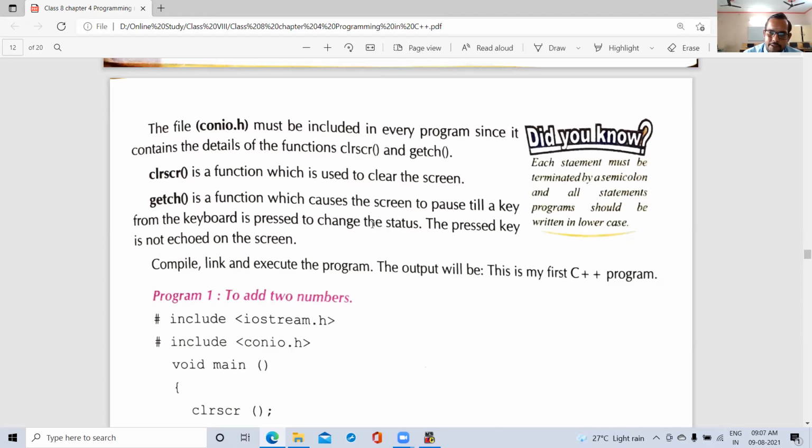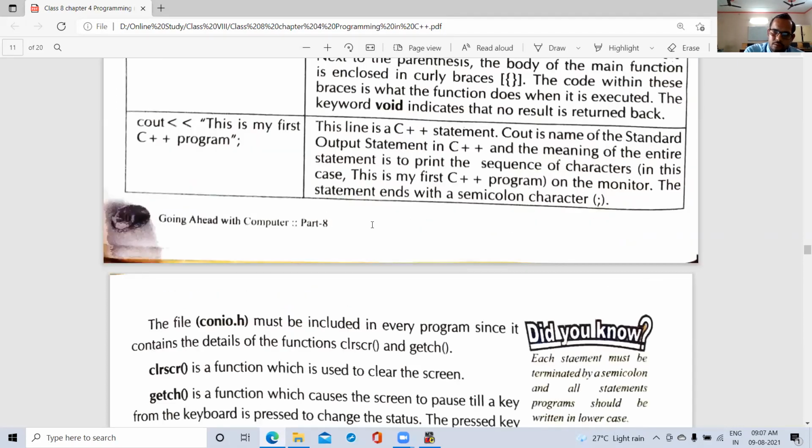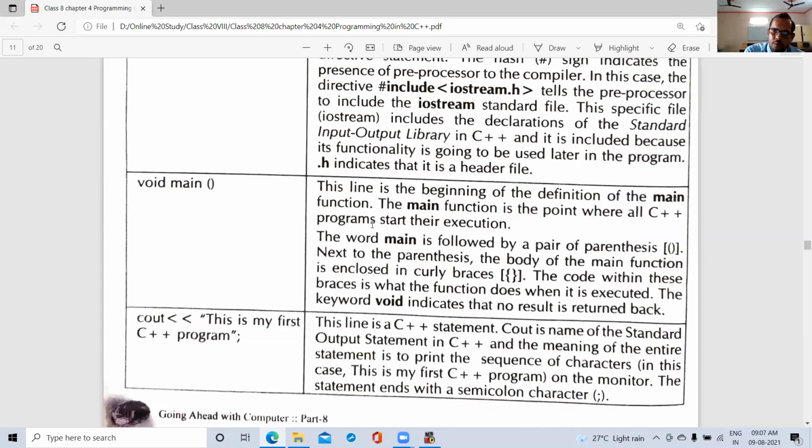ठीक है? The pressed key is not echoed on the screen. Echoed means it is not visible to you on the screen which key you have pressed. मतलब आप जो भी की से बाहर आओगे, ठीक है, तो ये नहीं बताएगा कि आप कौन सी वाली की से बाहर आए हो, उस की का नाम नहीं बताएगा. क्लियर? So this is not echoed on the screen. I hope this is clear to you. Once you read this,